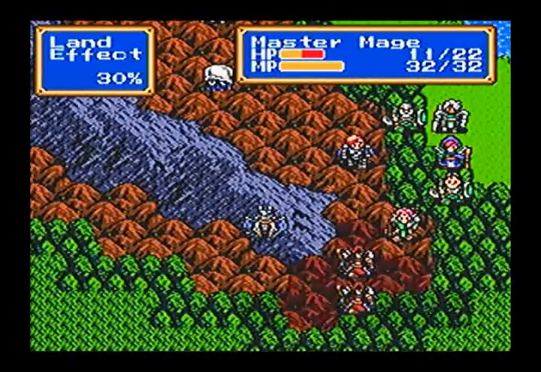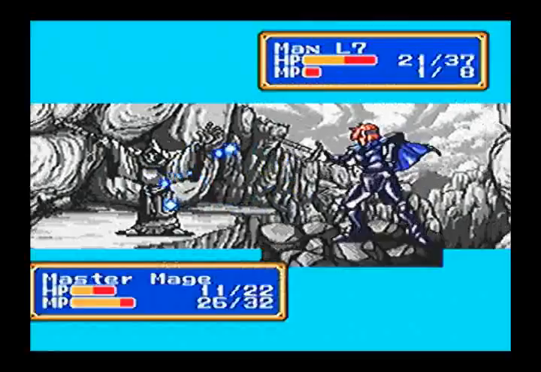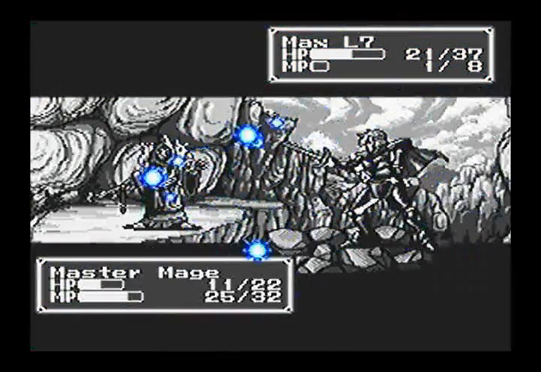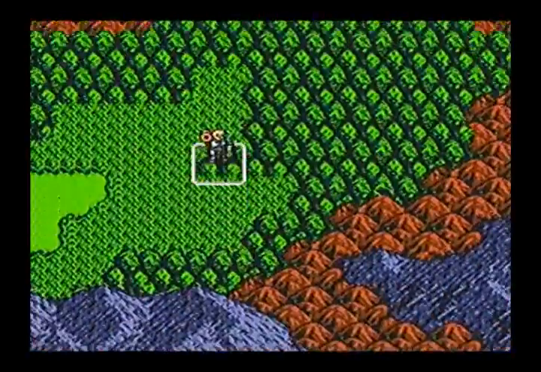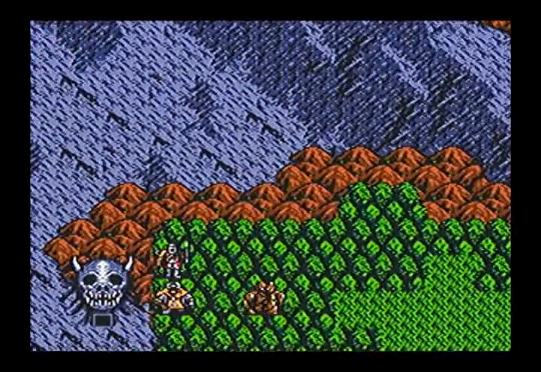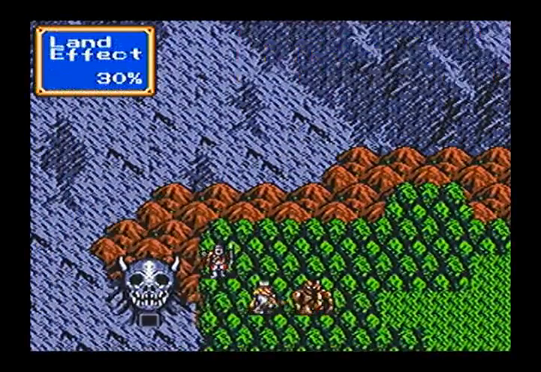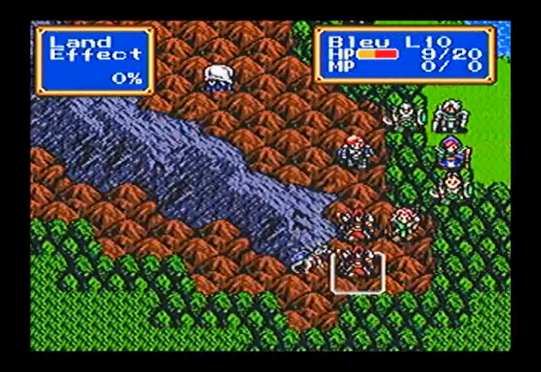And really, at this point, there's... Oh, okay, that's good. And now I can easily kill both Master Mages with whoever, really, and then it really won't matter. Well, it will matter because that will affect who I can move where, but really, you know,